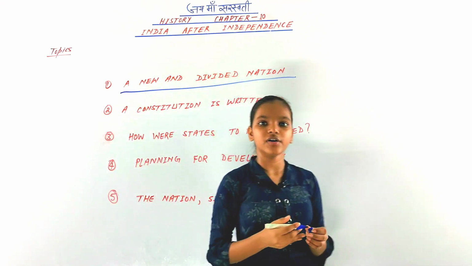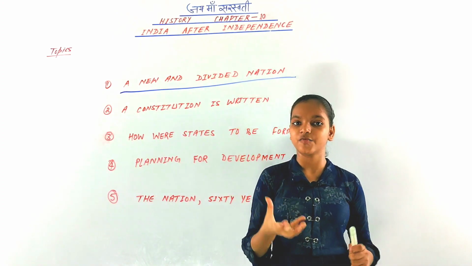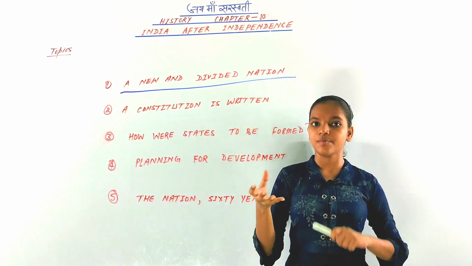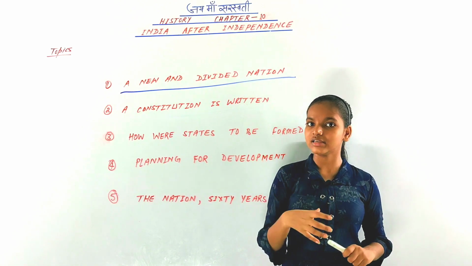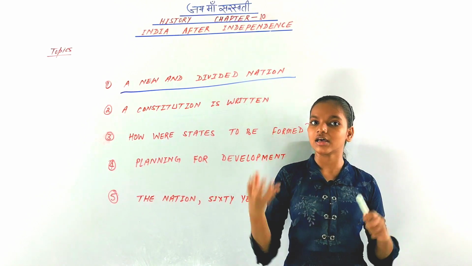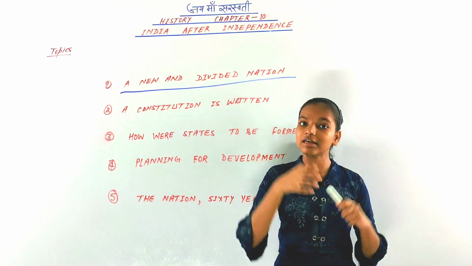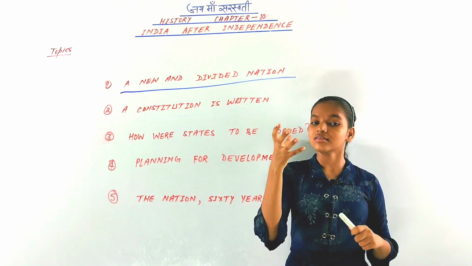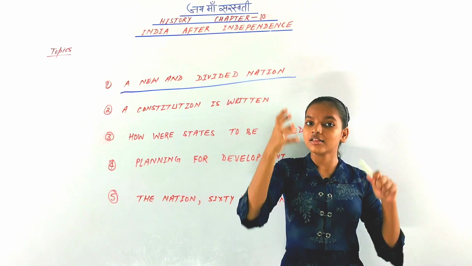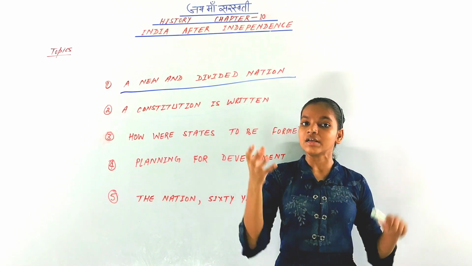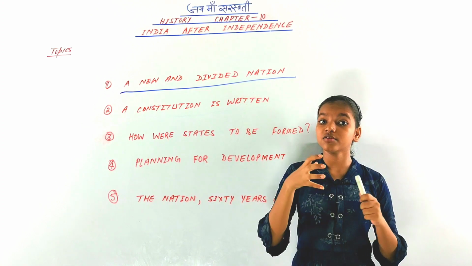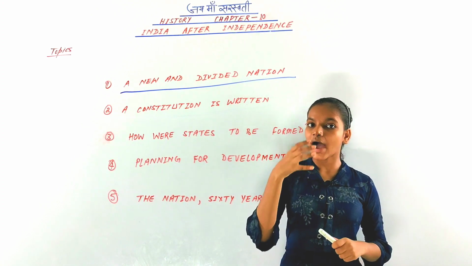In 1947, India gained its independence from the Britishers and was partitioned. Two countries, India and Pakistan, were created. Pakistan was partitioned from India, and due to this 8 million refugees came to India for shelter. They were not allowed to enter Pakistan by its government, and thus they came into India for shelter. The problem for the government was how to take them in, how to give them homes, how to give them jobs. That was a major problem because 8 million was a very large number of people. So it was hard for the government.